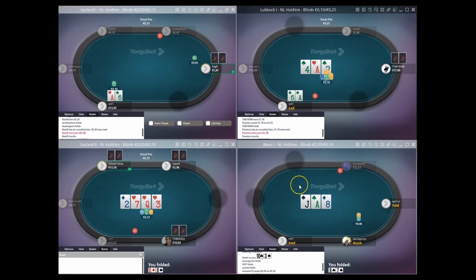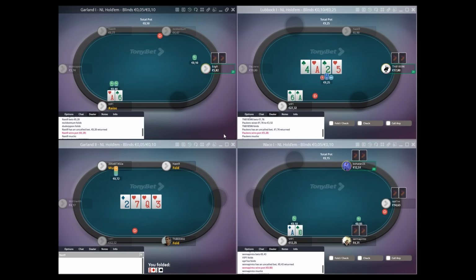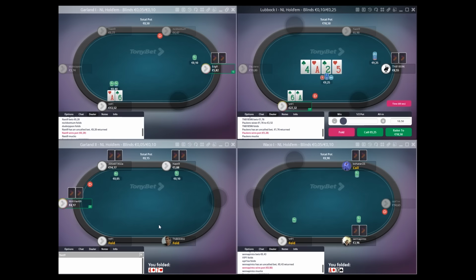So we're just going to call and just play it slow. Assume we've got the best hand a lot. If we don't, then obviously we can get there in multiple ways, including like this turn, a 3. Would give us the best hand as well. Don't know what he's repping by betting like this. Maybe a set. But basically I'm tempted to...